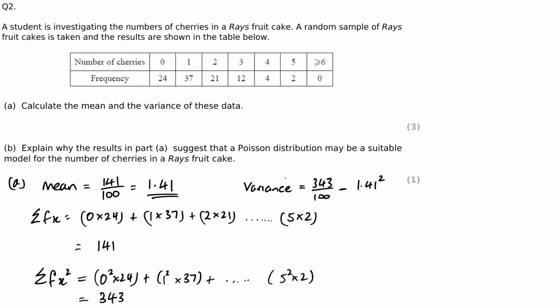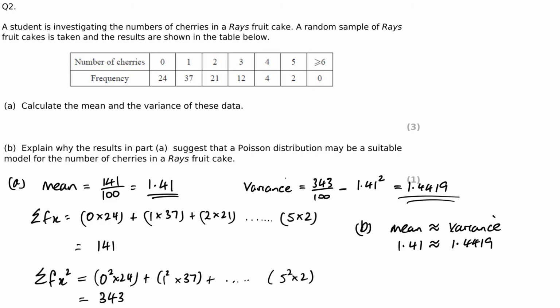And that gives me my variance of 1.4419. So we've now found our mean and variance. Part B says, explain why the results in Part A suggest a Poisson distribution may be a suitable model for this. So we can clearly see that these two values are very close to each other. So I can say for Part B that our mean is approximately equal to our variance, as in 1.41 is approximately equal to